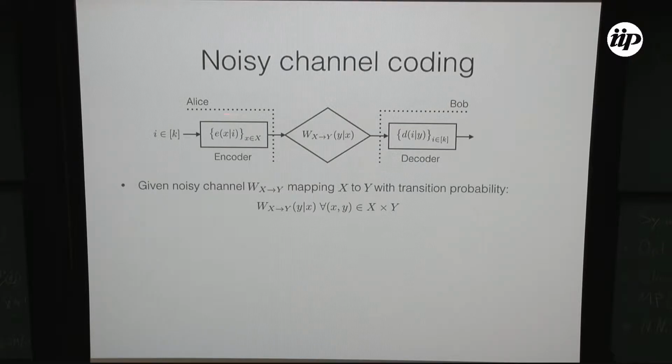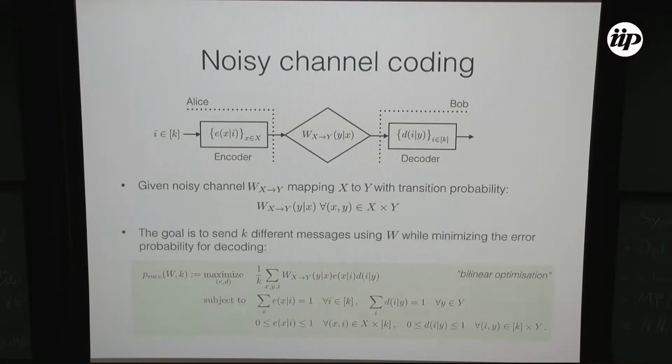In particular, we can do an encoder on Alice's side, and then a decoder to, as well as possible, recover the message again. Here, the setting is really that the channel is given. I give you some certain channel that is noisy in general, and I tell you how many bits I want to send, and then what we want to optimize is the success probability, so the probability of retrieving the message on Bob's side, and actually the uniform success probability. So it's averaged over all messages, 1 over K.